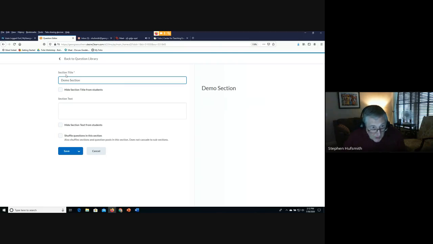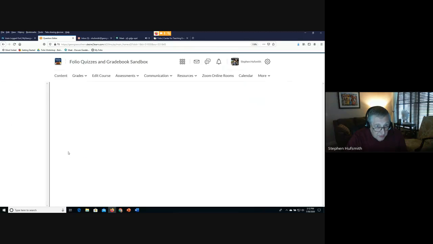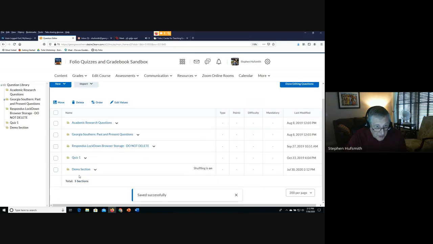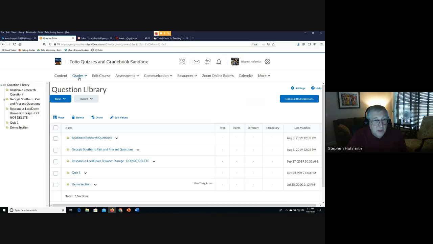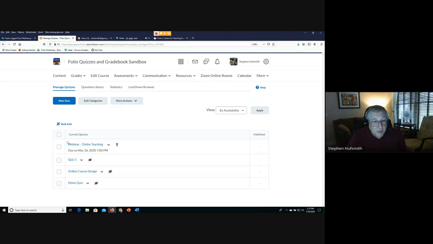Oops. And here's another. You can choose to shuffle questions in the section or not, but you need to have this in place so that when you use Respondus, it has a folder to load up your questions in. Okay, so what I'm going to do now is go to, let's say, done editing questions, and